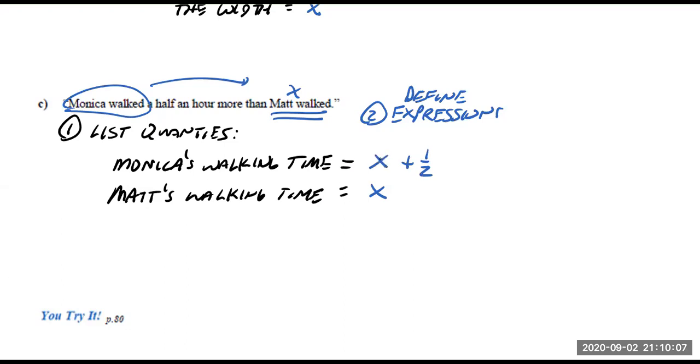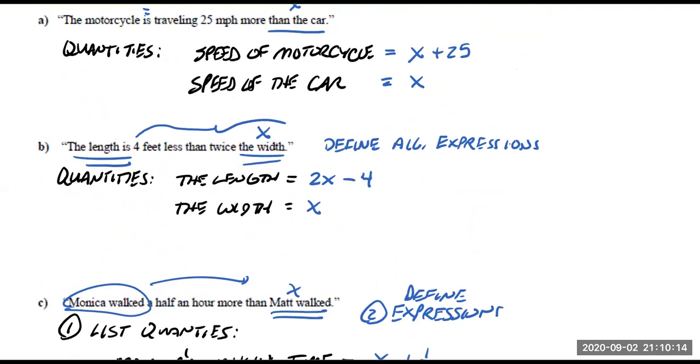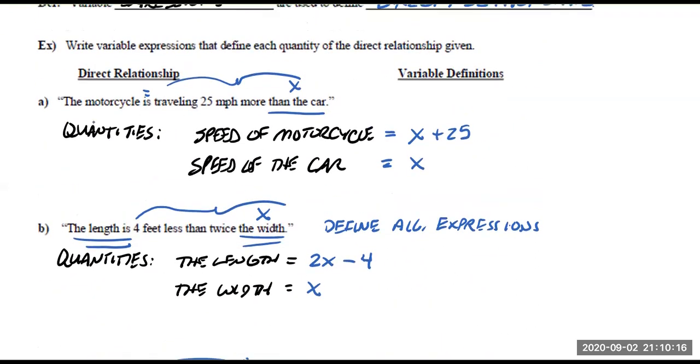So we can always plug in values. A lot of times we read the English and we can understand the relationship, like the speed of the car and the motorcycle. When we read this, the motorcycle is traveling 25 miles per hour more than the car. We can answer questions like, who's going faster? Who's going slower? The motorcycle, of course, is going faster. And just because we added 25 here,